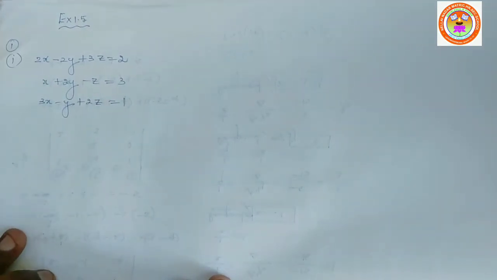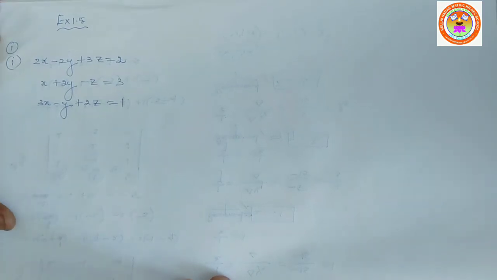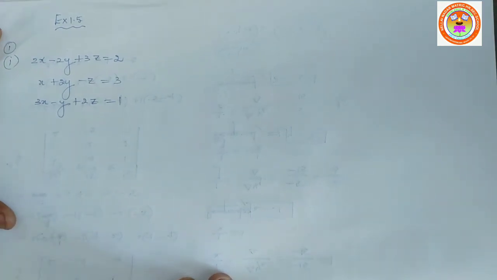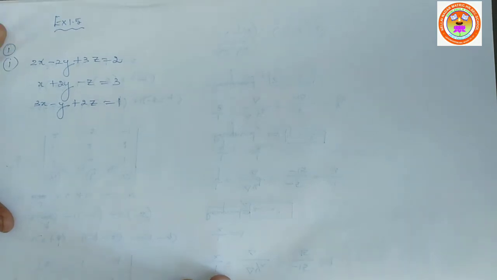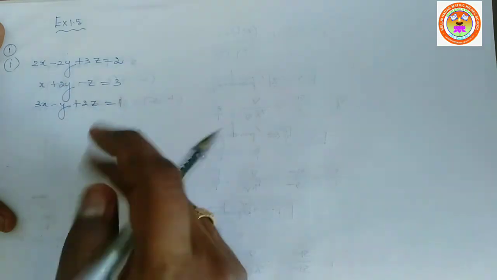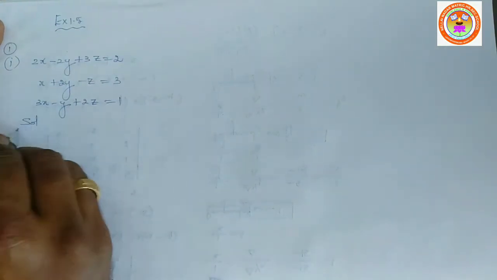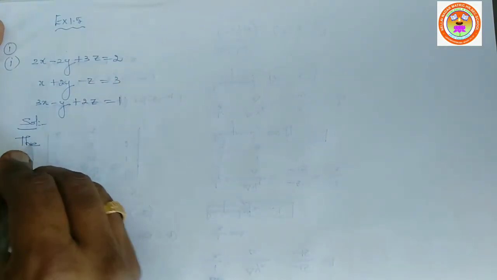Exercise 1.5, the first sum: solve the following system of linear equations by Gaussian elimination method. They gave the first subdivision: 2x minus 2y plus 3z is equal to 2, x plus 2y minus z is equal to 3, 3x minus y plus 2z is equal to 1. They gave 3 linear equations. So the solution: the above equations